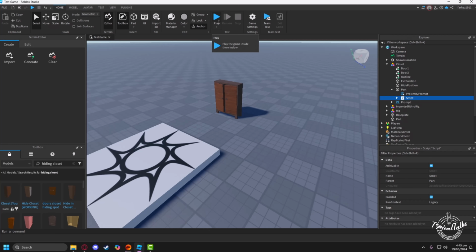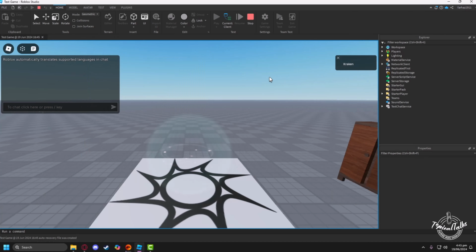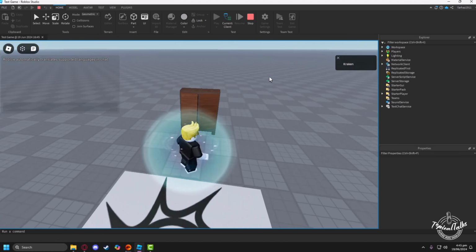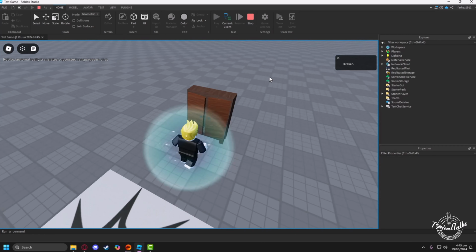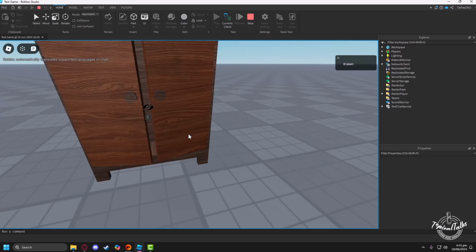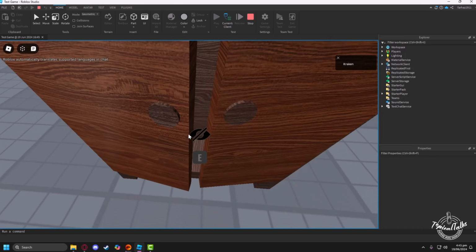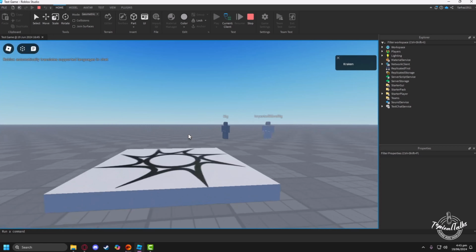Now let's test it out. Click on the play button. Now here is the closet. In order to get into the closet, firstly we'll go into first person mode. After going into first person mode, you will see that a button called E has appeared. If we click on it,